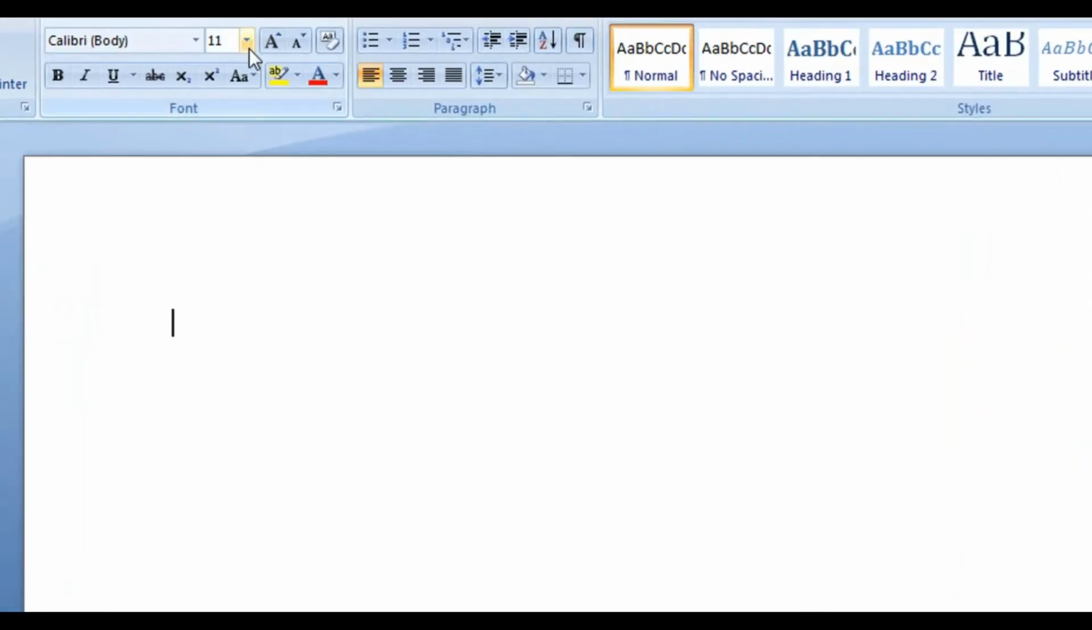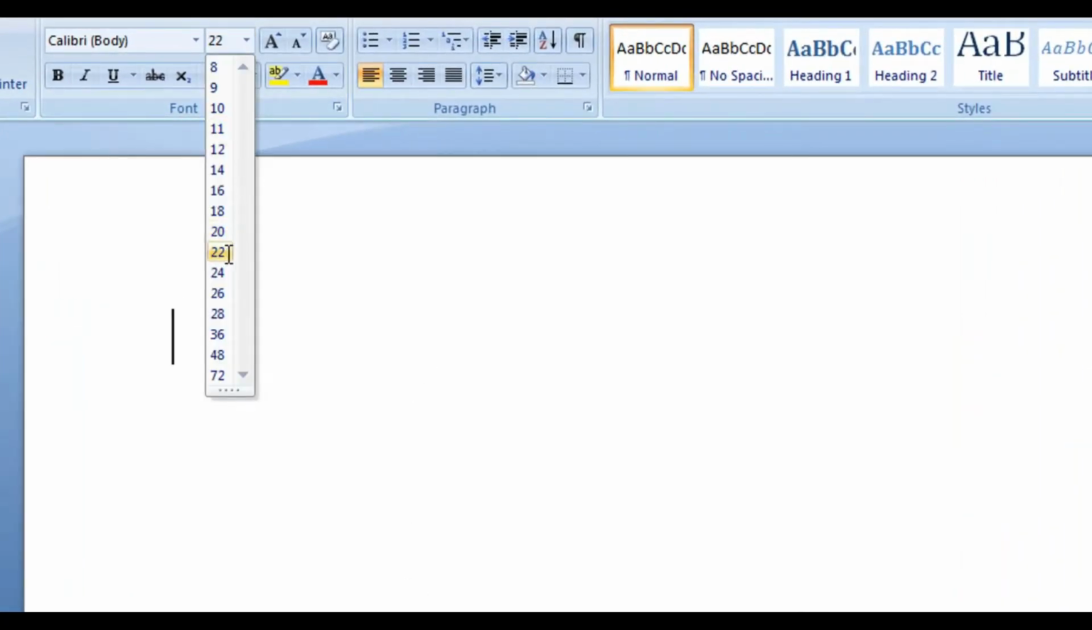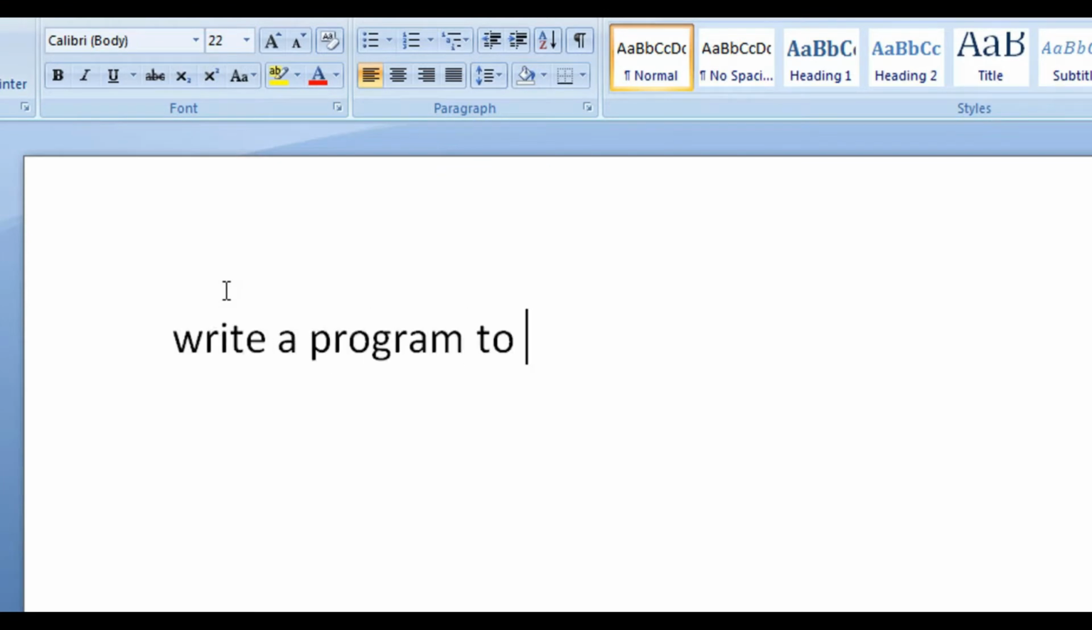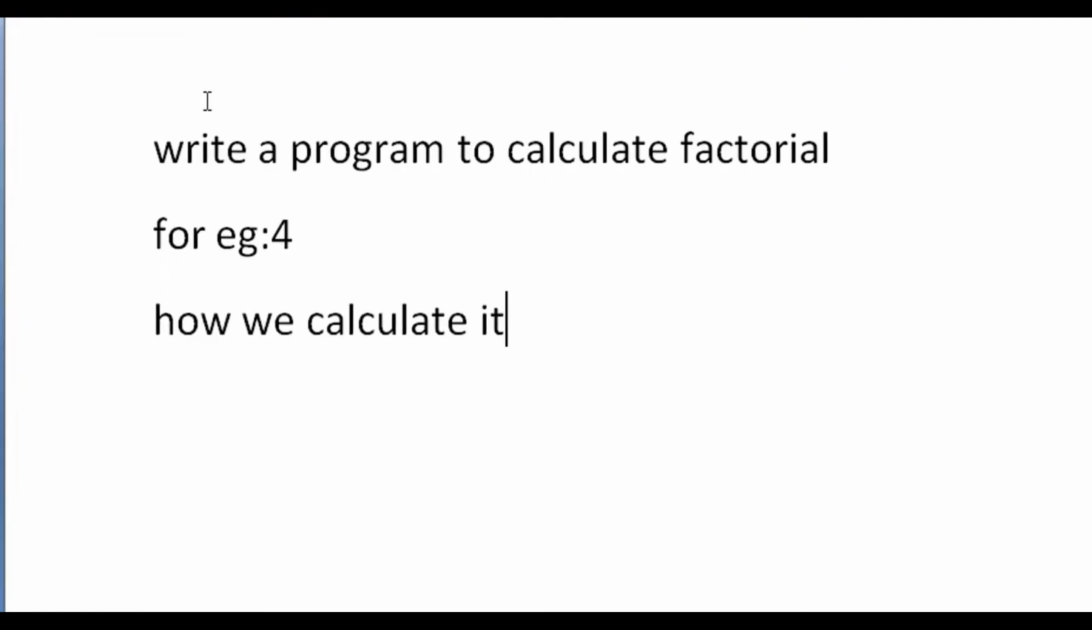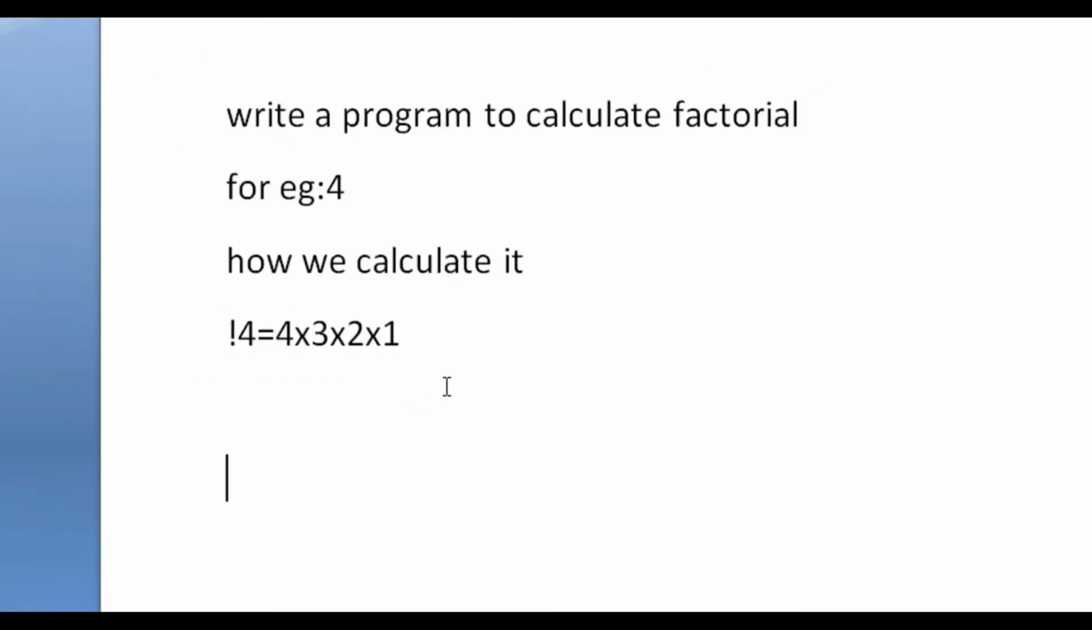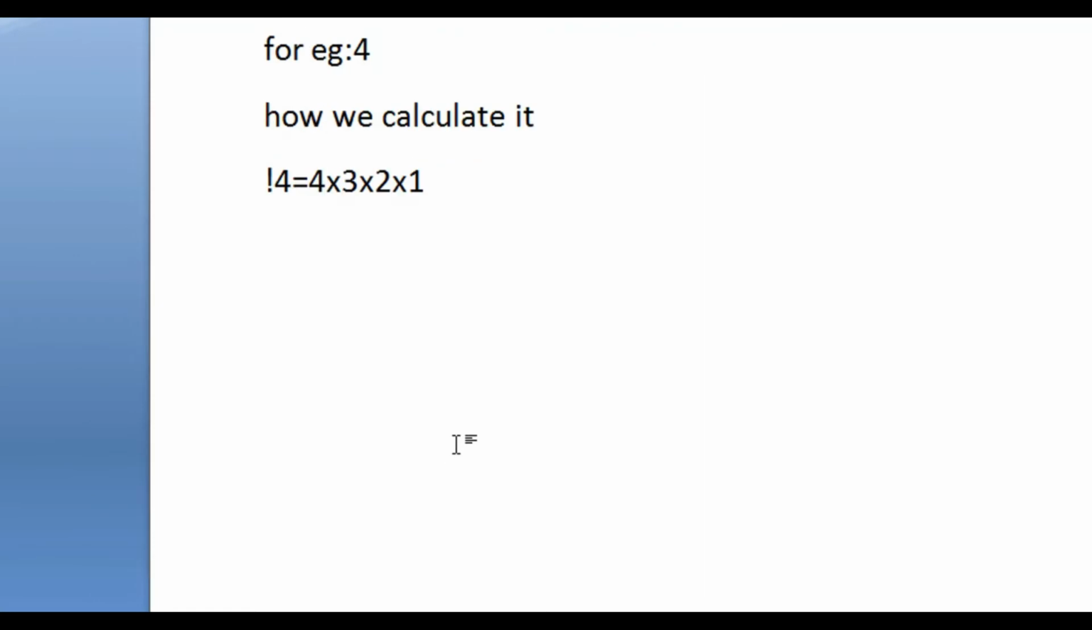And in this tutorial we are going to write a program to calculate factorial. For example, 4. Okay, so tell me one thing, how can we calculate? We will write 4 multiplied by 3 multiplied by 2 multiplied by 1, right? So in C++, we have to write a simple algorithm to do it. So we will use a for loop,